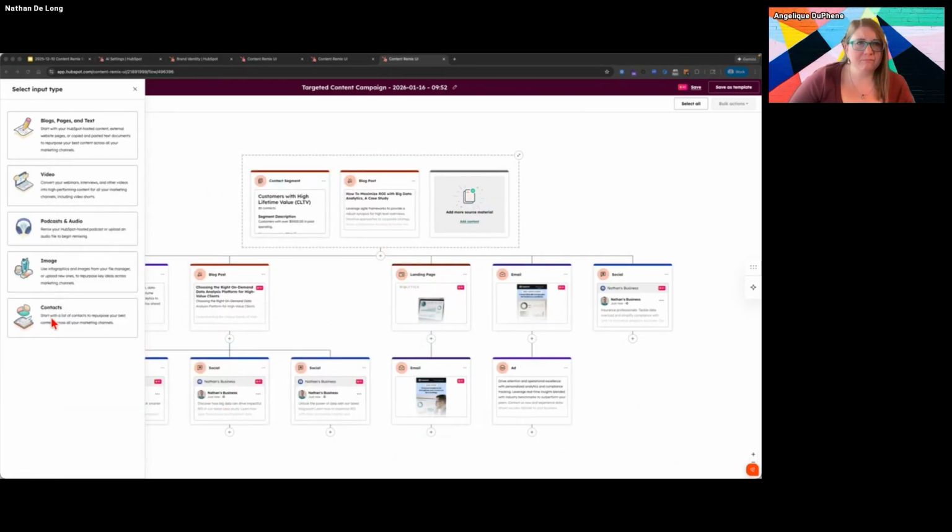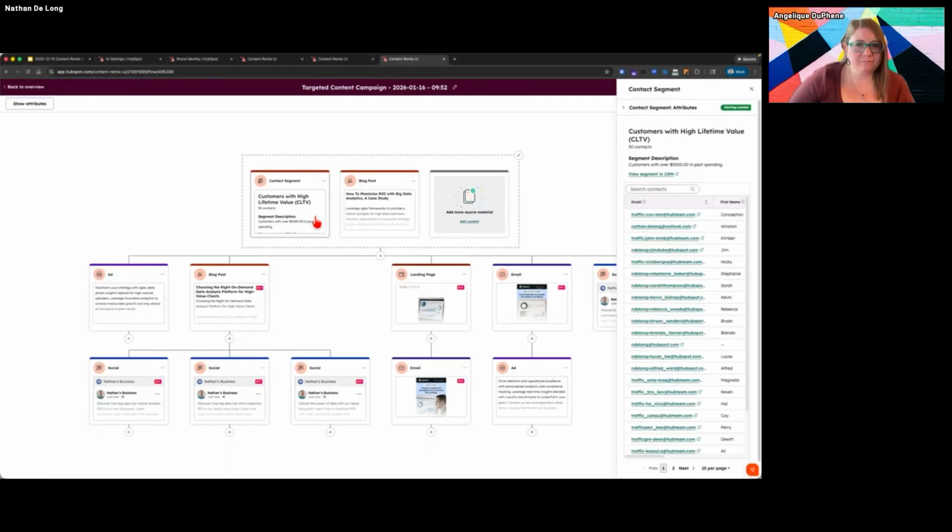And then contacts. Super special. So for example, I have customers with high lifetime value. And when I'm adding a list like this into Content Remix, I can tell Content Remix what it is about these contacts that I want it to cue off of. So I can help it, right?